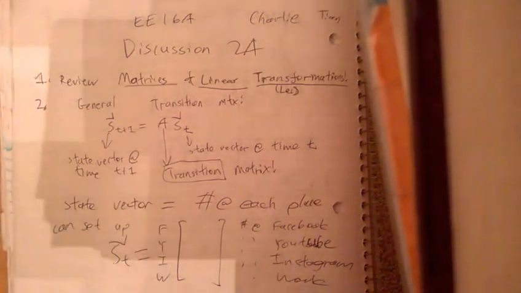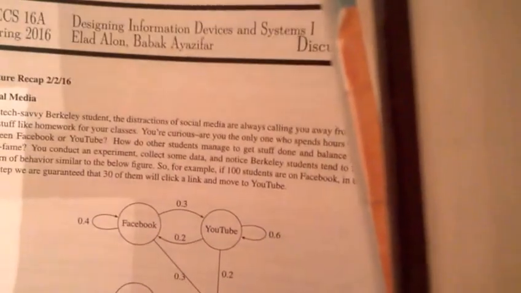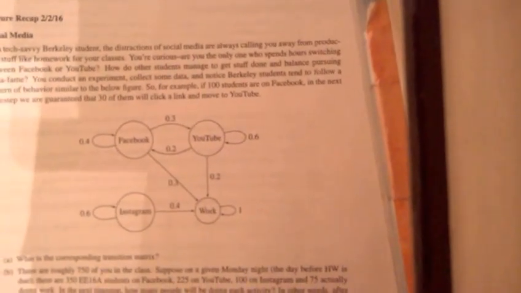You can go on to the discussion yourself and see it. I'm just going to paraphrase it. Basically, you have this system of people working: Facebook, YouTube, Instagram, and work. And then this is your related digraph, if you will. And then so we know